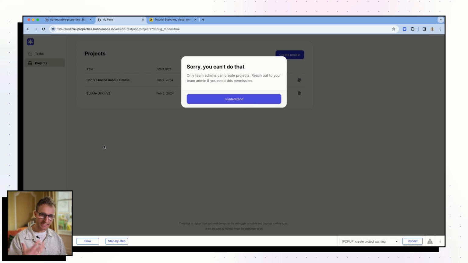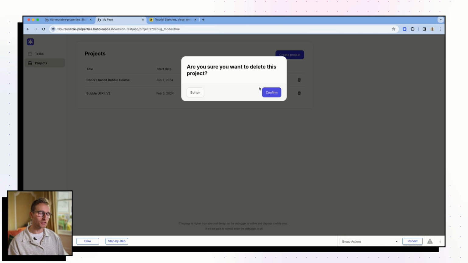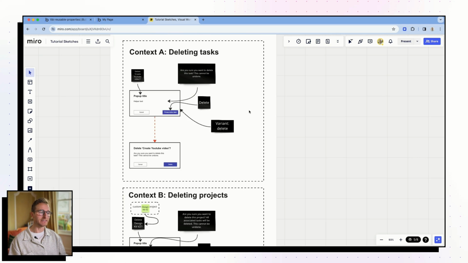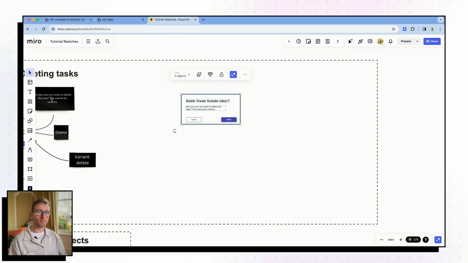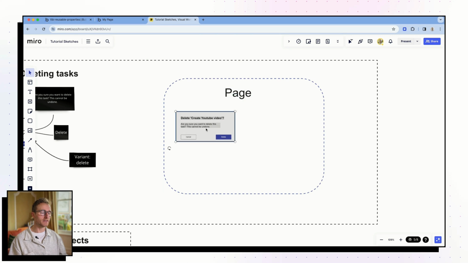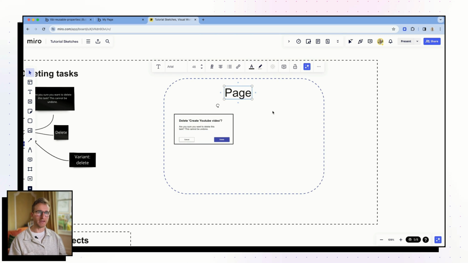But now, of course, this is where the rubber hits the road. These pop-ups, especially this version, aren't really that useful unless we can send a signal back to the page to say that something happened. Because I'm going to go back to our example here where we're deleting tasks. Here's our pop-up, and the pop-up is, of course, living inside the context of the page. This reusable element is an instance inside of the page.